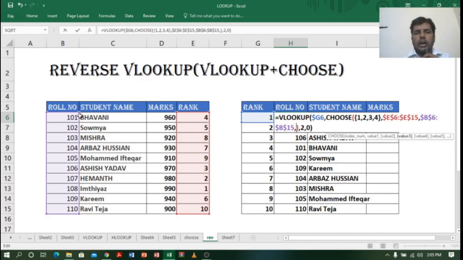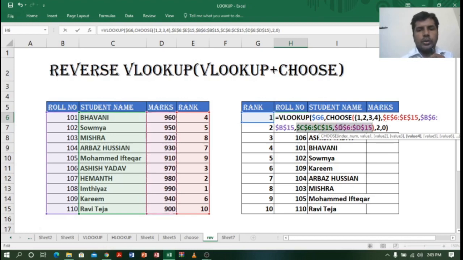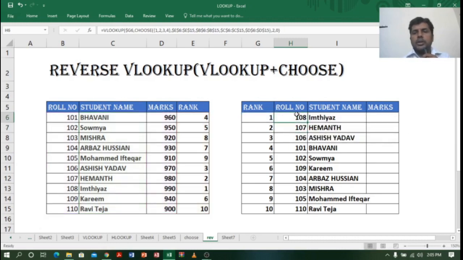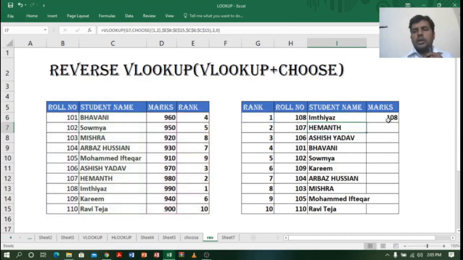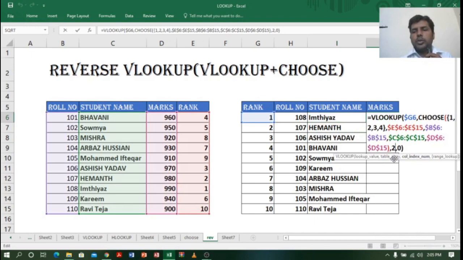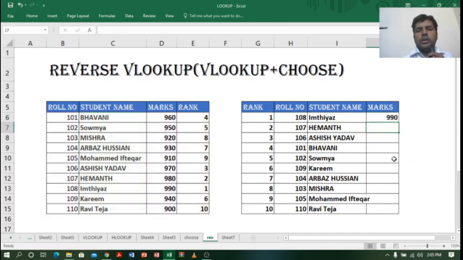For the third one, go to the student name, select the student name, comma, and again marks as the fourth column. Make this also an absolute reference using F4. Now let me click enter and drag this one. When you drag, you will get an error or a wrong answer. Just remove the column number 2 and type 3. And here also, remove the column 2 and type 4, enter.